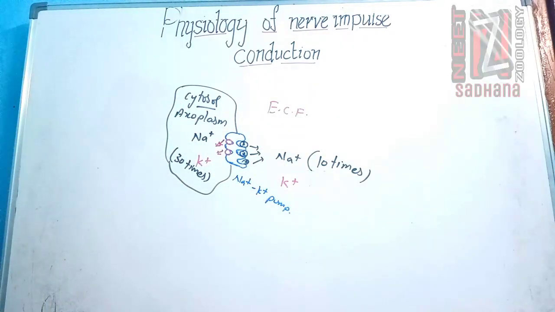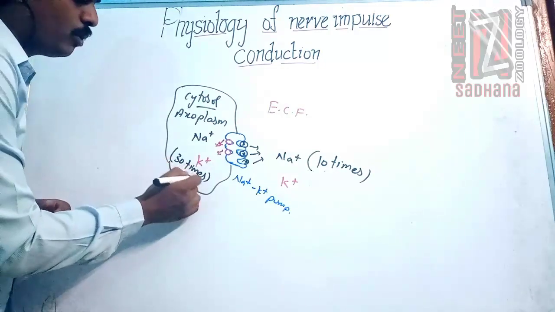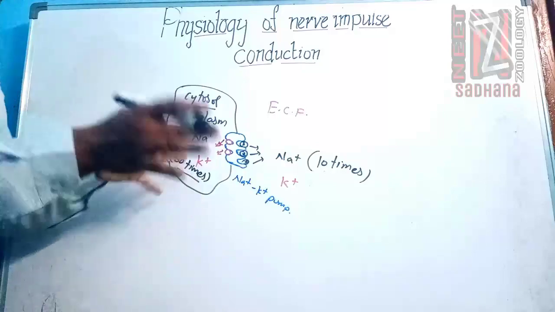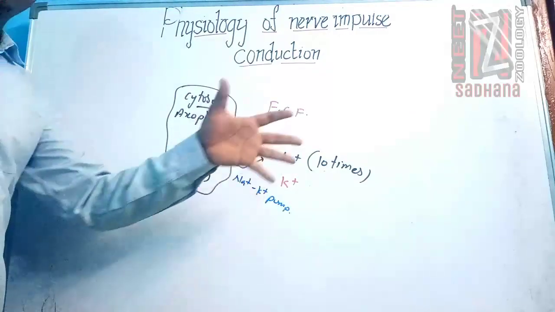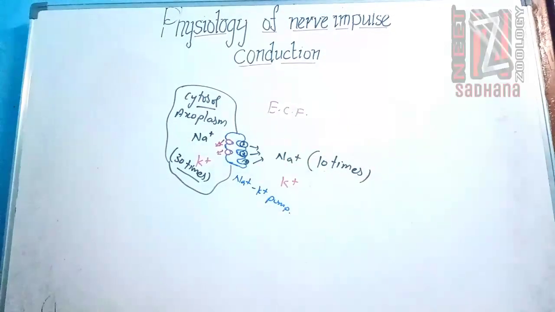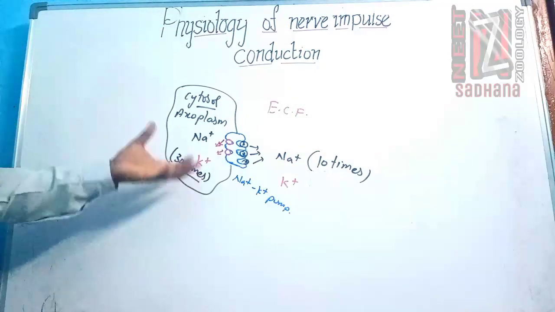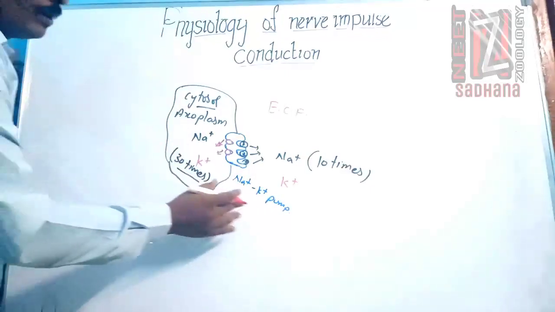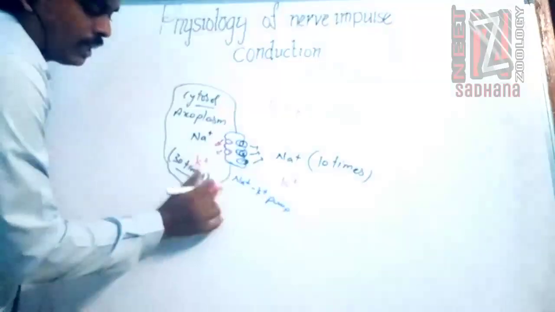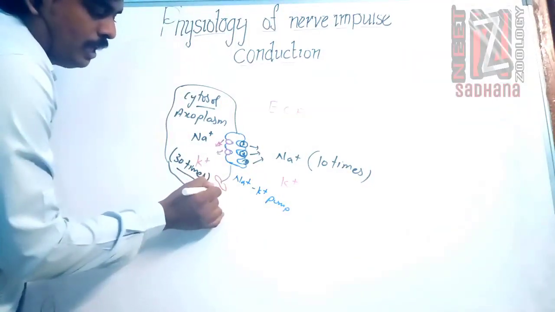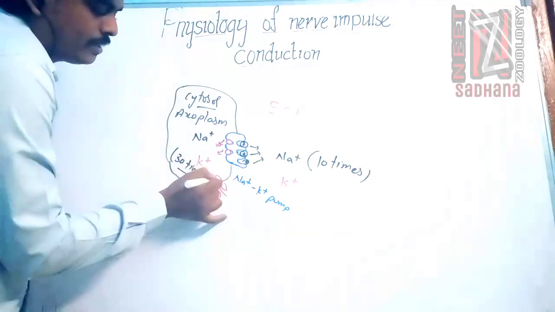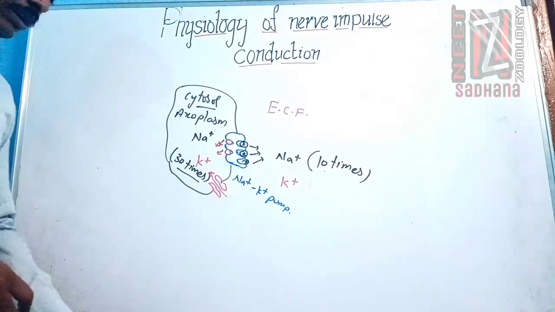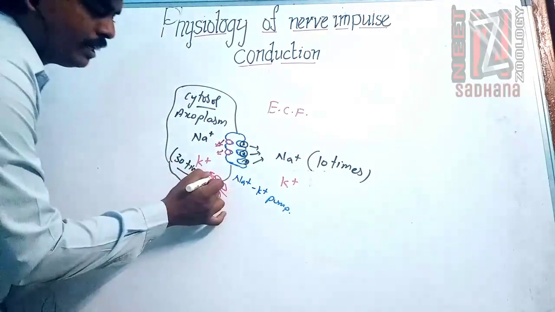But the main point is, why is potassium more inside the cytosol? Why is the sodium outside? First of all, thanks to the sodium potassium pump, obviously it is holding it and just releasing it out. But why is the potassium still staying? You know, we have potassium ion channels which are always open. So there is a chance that these potassium ion channels, which are always open, will keep on sending the potassium ions inside or outside according to the concentration gradient.